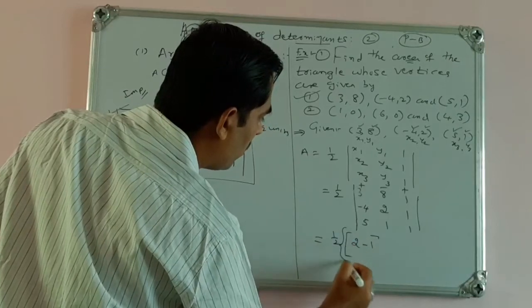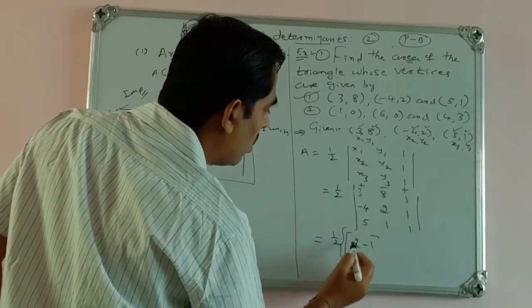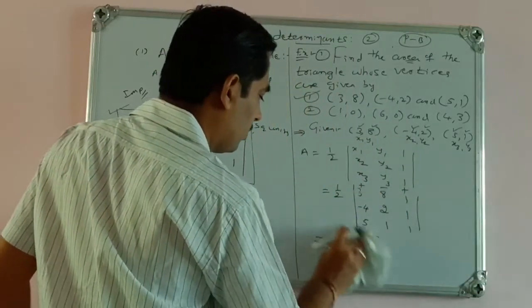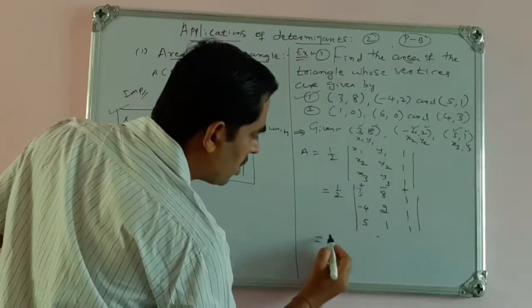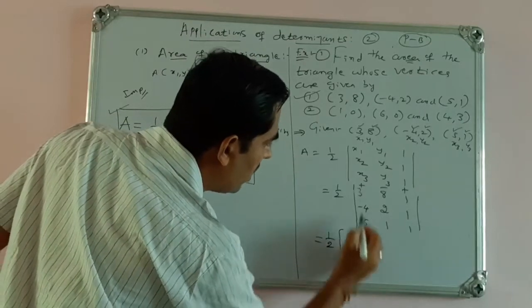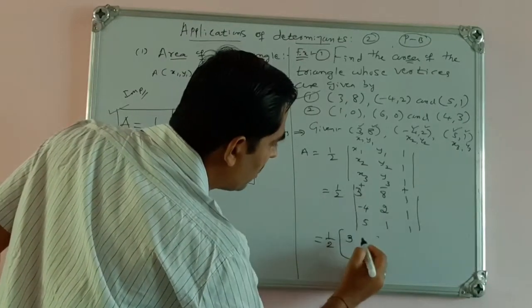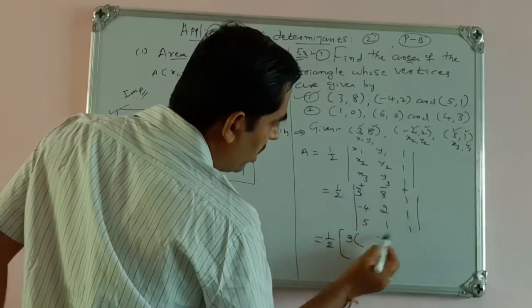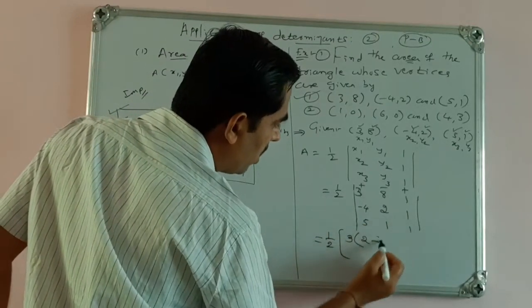Okay, half to this. So we can expand this. Here half is a constant, so you write it as it is. Half into (the first element) plus, we have to write 3 here. 3 into, leave this column and this row, so 2 into 1, 2, minus 1 into 1, 1.